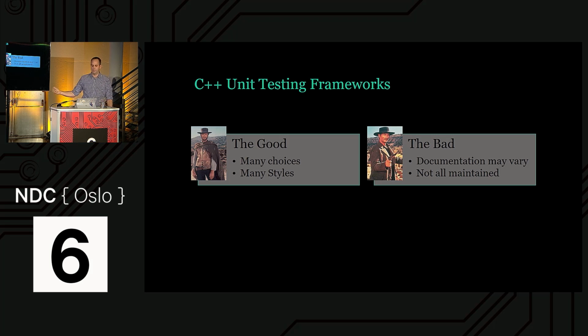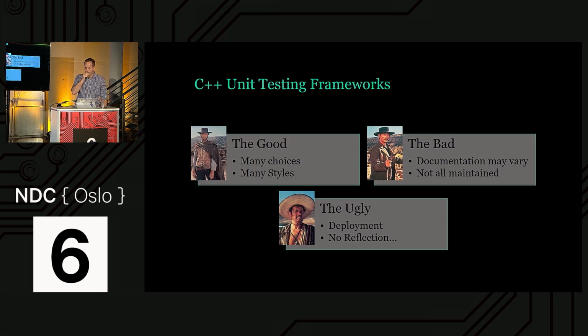Many of those projects are open source projects, and as such, that's someone who does his work late at night after working for 10 or more hours writing code, and sometimes documentation is not a priority. Another problem is that not all unit testing frameworks are actively maintained, and we need to be careful not to choose some unit testing framework which we can't get support for, or some of them don't even have the source code, and then we can't even support ourselves. And the ugly thing about unit testing frameworks in C++ is deployment. And luckily for us, that's not always true, but deployment can be a problem.